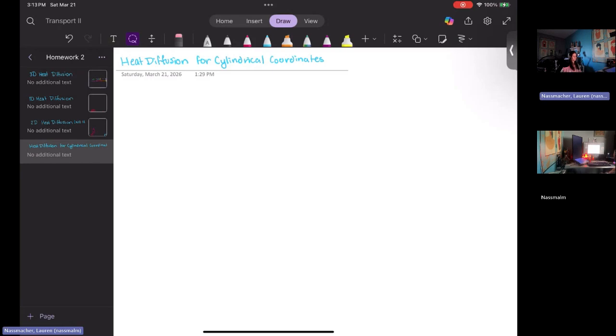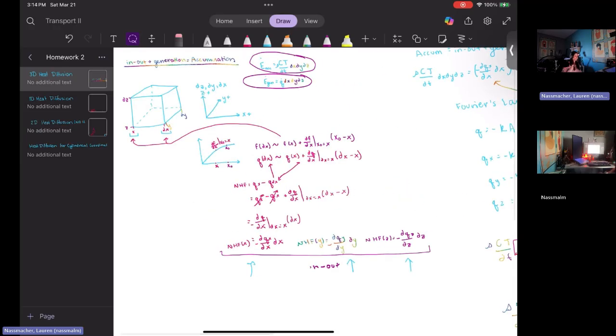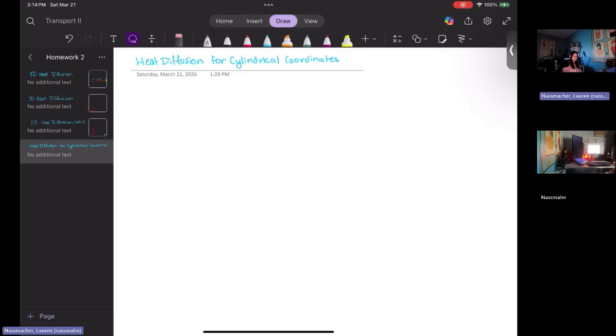Using a differential energy balance, we can actually derive a heat diffusion equation for cylindrical coordinates. It's a very similar process to how you would derive a 3D heat diffusion equation. In fact, many of the same principles we use for both of these are the same. The first concept that you want to understand is, of course, conservation of energy, which is the equation in energy